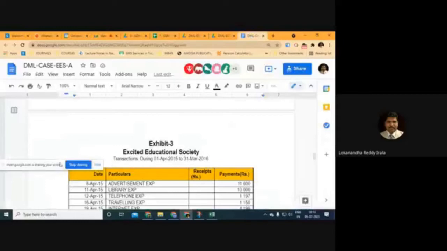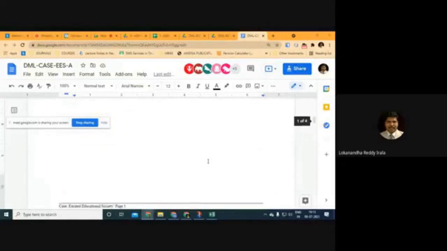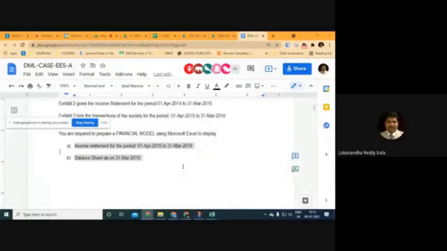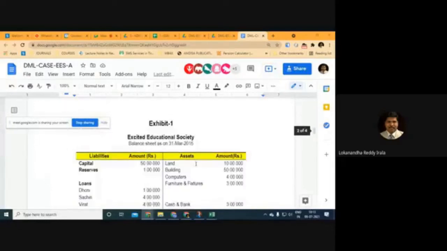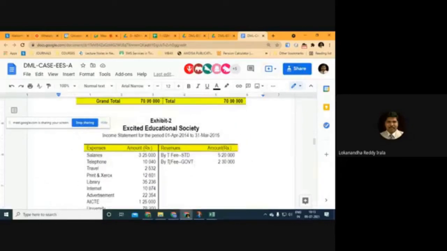We are starting, we're discussing the case of Excited Educational Society. As you understand, the Excited Educational Society is basically into education, and here we have been given the balance sheet as on 31st March 2015, and also the income statement for the period 1st April 2014 to 31st March 2015.